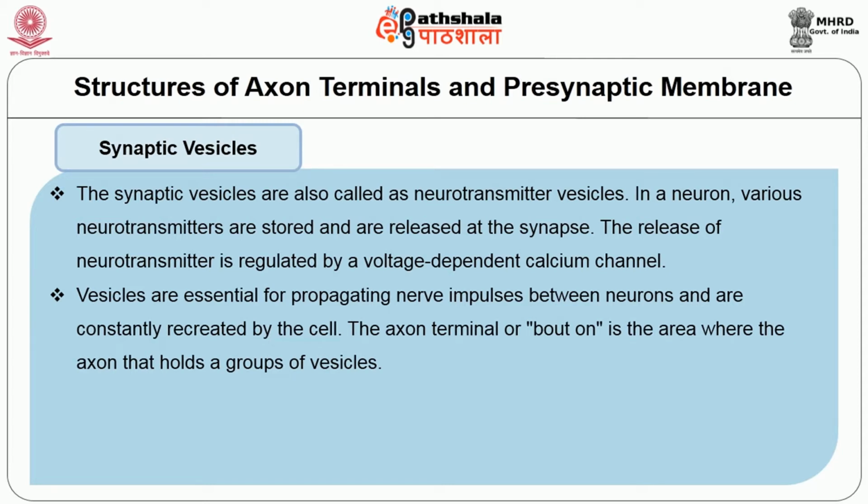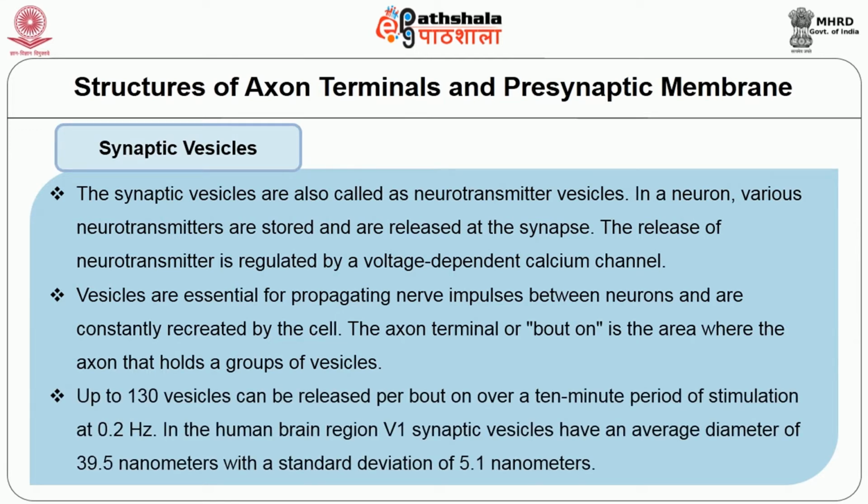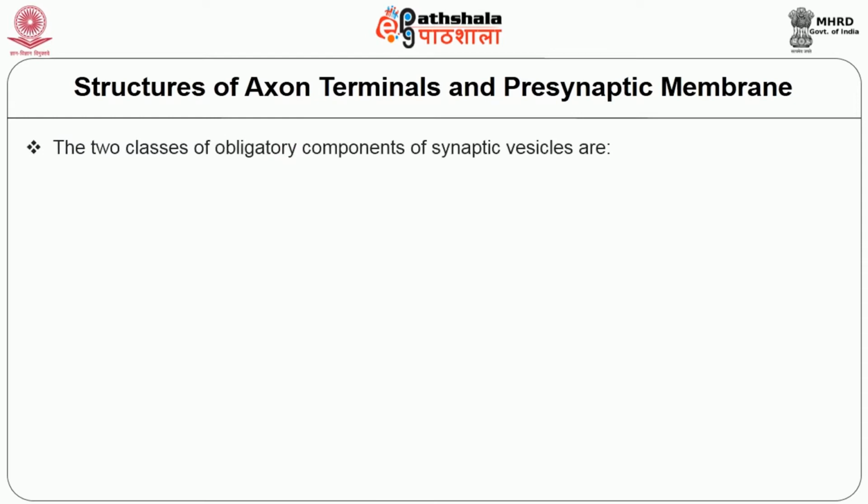The axon terminal or button is the area of the axon that holds a group of vesicles. Up to 130 vesicles can be released per button over a 10-minute period of stimulation at 0.2 Hz. In the human brain region V1, synaptic vesicles have an average diameter of 39.5 nanometers with a standard deviation of 5.1 nanometers. The two classes of obligatory components of synaptic vesicles are called